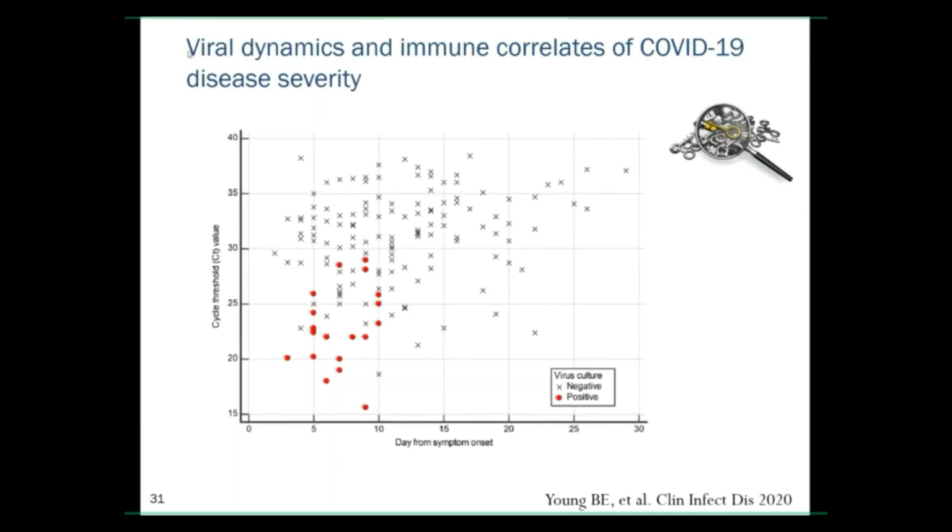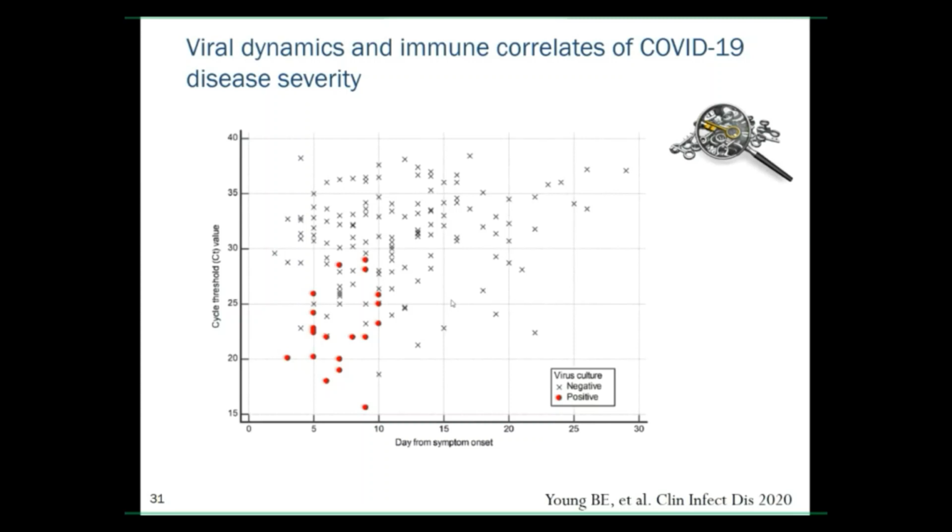This time, instead of using the log of the viruses, they used the cycle threshold of the PCR, which is the inverse of the log. So the lower the cycle threshold, the higher the viral load. And again, you see exactly the same thing. So these are patients who have replicative, culturable virus. You can see, and these were people who had severe disease, after day 10, none of the patients had active virus,